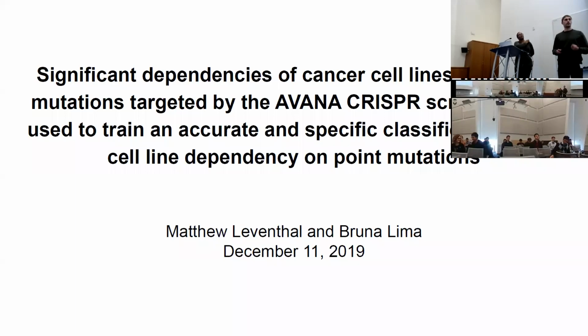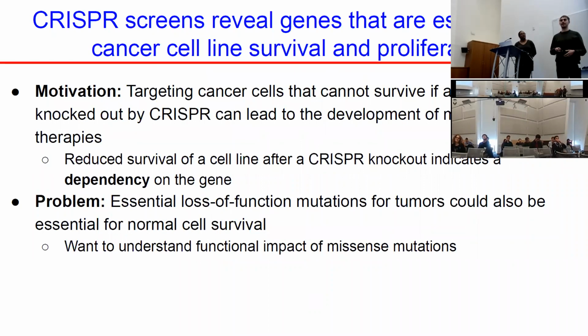Hello everyone. So our project was training a neural net to identify if there are point mutations that conferred significant dependencies in cancer cell lines. So let's start with the definition of what a dependency is. There are genes in the genome that are essential for cell survival and function. So if you knock out said genes, then the cell dies, and you say the cell is dependent on that